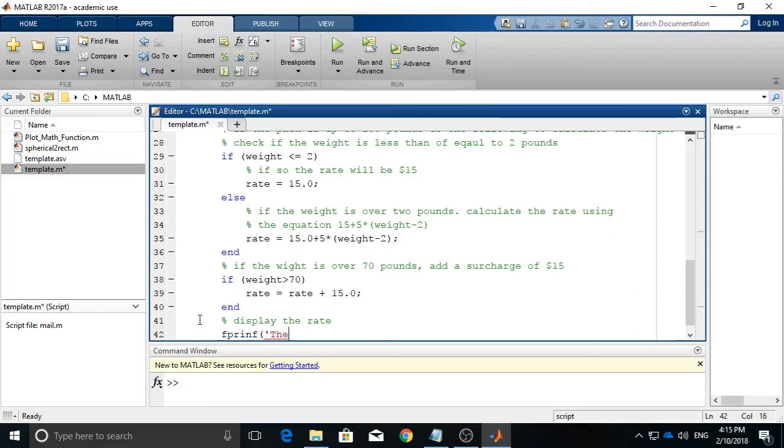So let's see, the rate for the package of certain pounds. So in this case, I think it's anything between 0 to 100 pounds. So I will give it a format of 5.1, which means that we will display up to 0.1 pound in resolution. Okay,